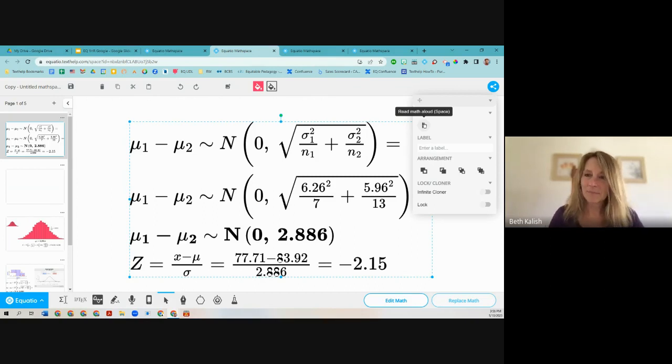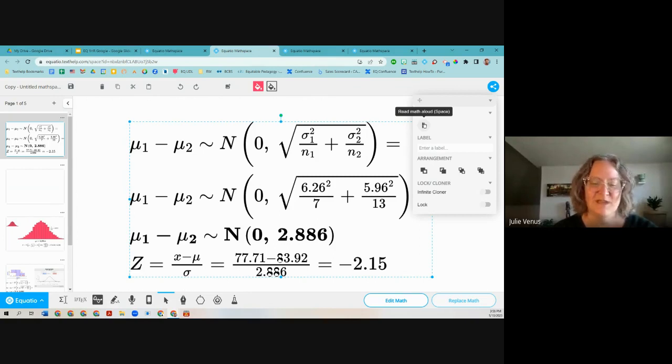Yeah, we're thrilled to hear about it. Like I said, we get questions about the math side of things often, but that does bring up a good point, that Equatio has some free features. And then can you talk just a little bit about what the subscription piece looks like?